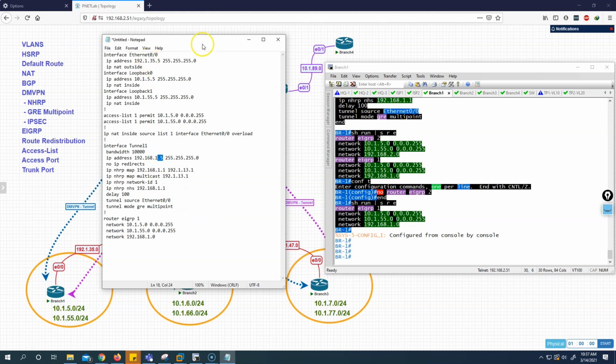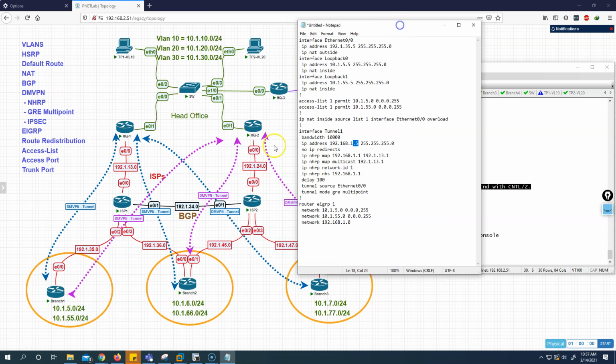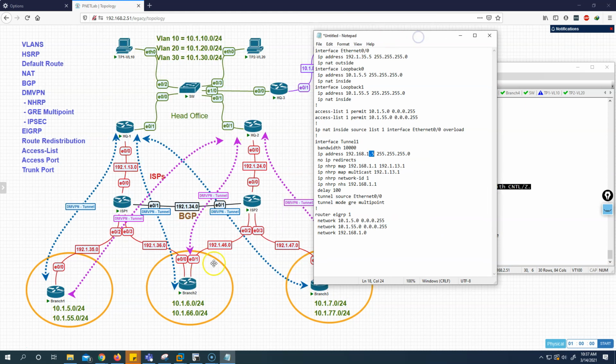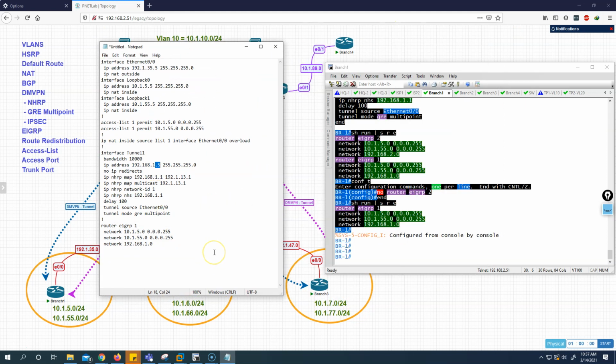So for example, I'm not doing branch 2 here, I will do branch 2 in the other video. Okay, so we'll set it up later. So let's say on branch 3, because it has broadband internet, that's the reason. So I will show you how to do that the easy way, not the complicated way. So we have branch 3 here. From branch 3 we have 7, so we can say this is 4.7.7, right? Then this guy has 7.7 and 77.7,